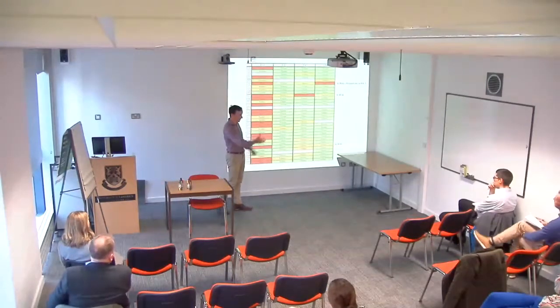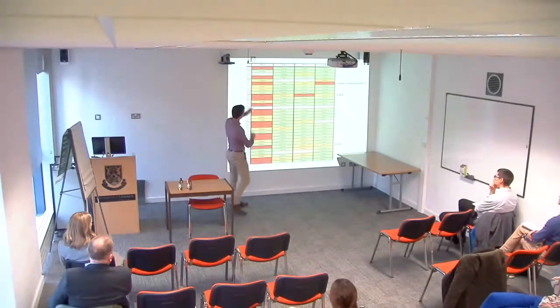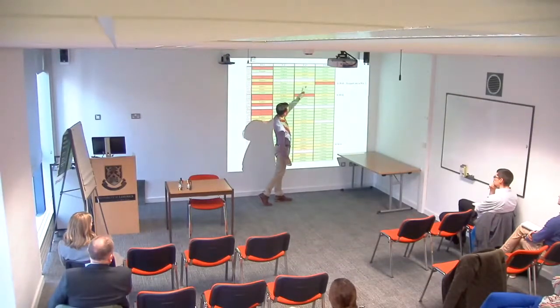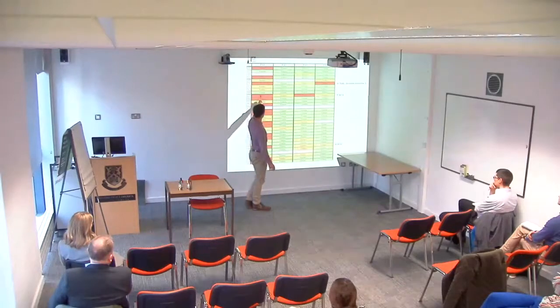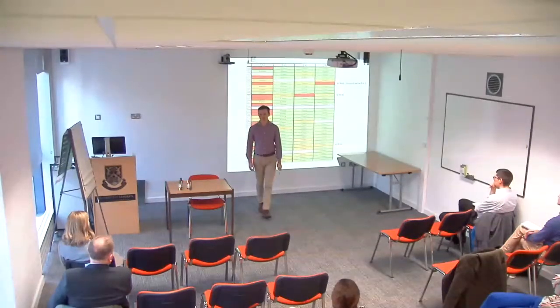But if we just look at these, and this is just a sample that I picked from my Excel screen. This student is struggling. So he has a red, or she has a red, an amber and a red. This student is also struggling, 2 reds and 2 ambers. And this student is also struggling here. They have a red and 2 ambers.